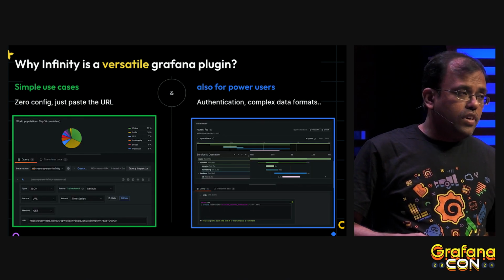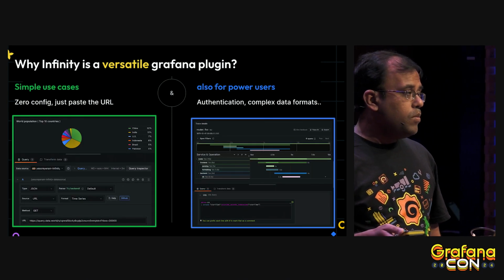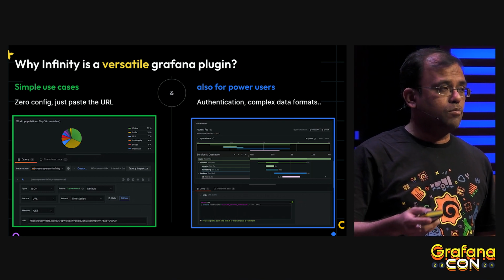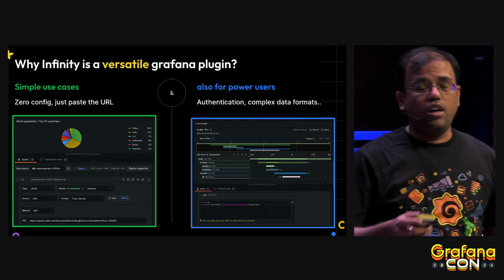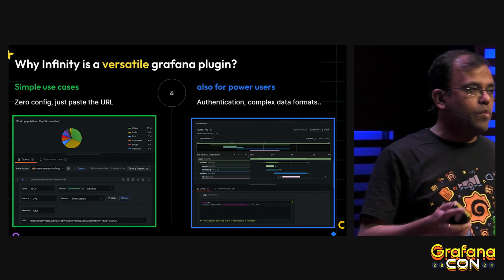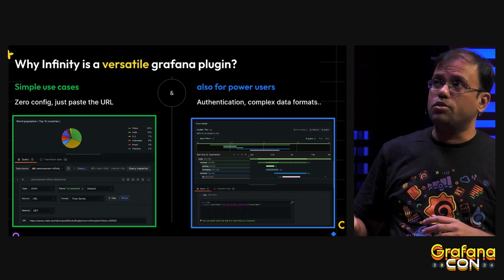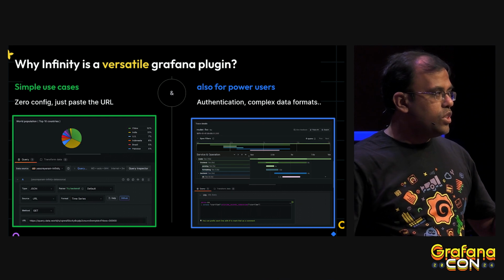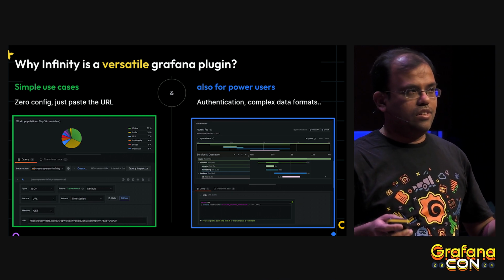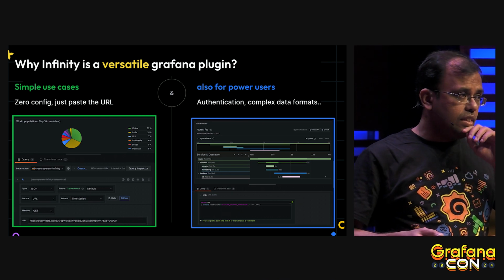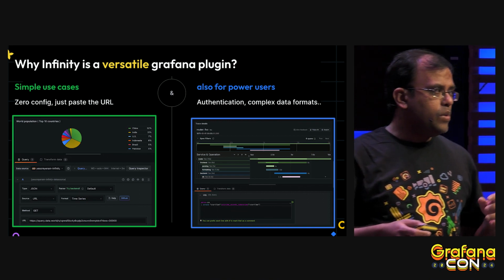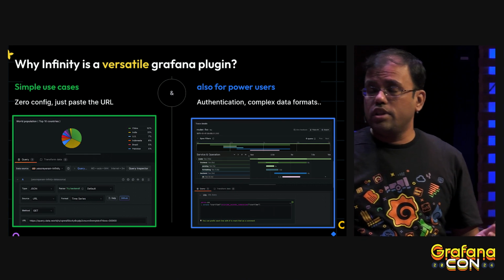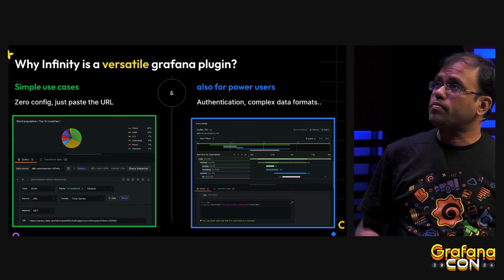We often refer to Infinity as a versatile plugin, or a Swiss Army knife of plugins, because it can connect to many things and has many capabilities; you can play around a lot. It covers very basic use cases and also complex use cases. For example, a very basic use case is just pasting your CSV URL and getting the data visualized. And complex examples are connecting to some GraphQL APIs, visualizing your application traces data, and things like that. So it covers versatile use cases.